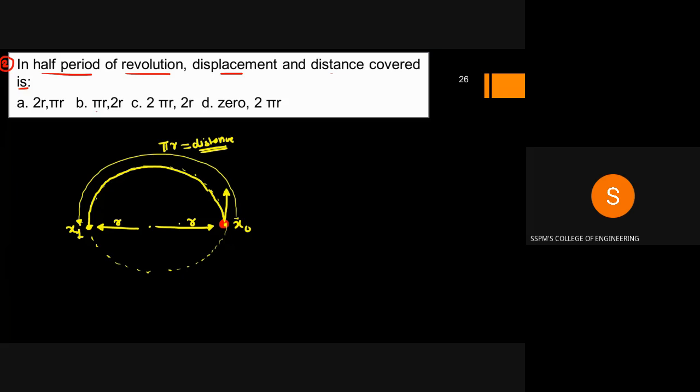And the displacement is nothing but the final position minus initial position. So distance is nothing but the actual path traveled, or the length of path,